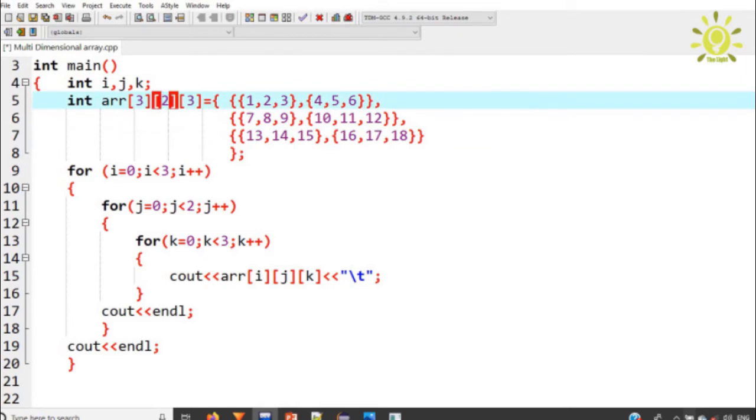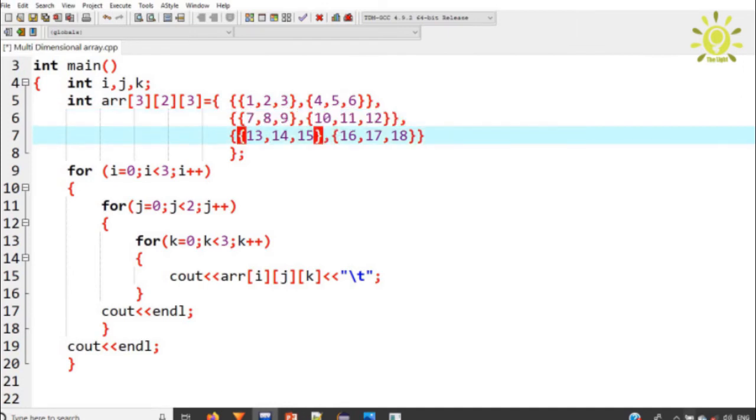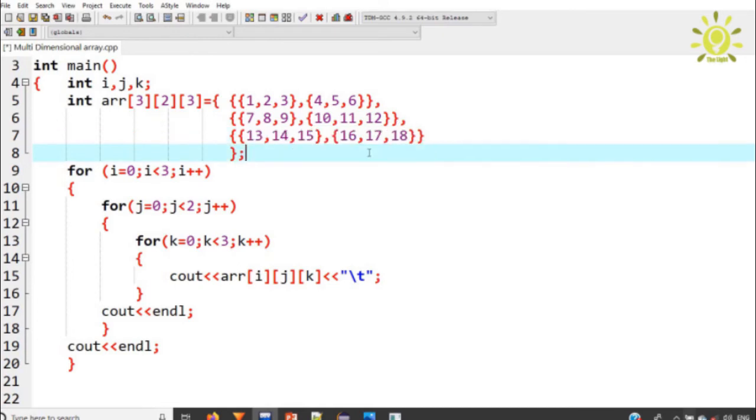Each dimension has 2 rows and 3 columns. So all are having 2 rows and 3 columns.